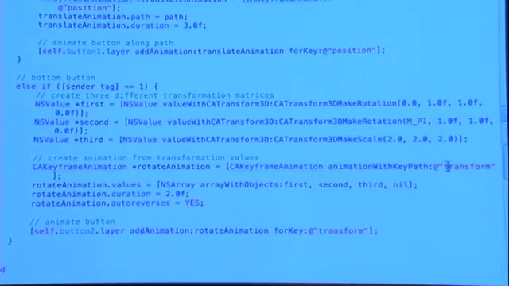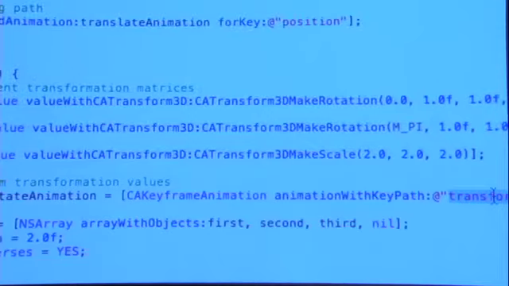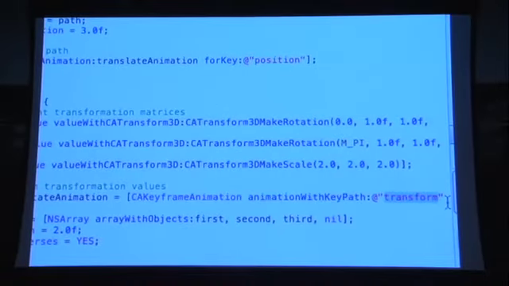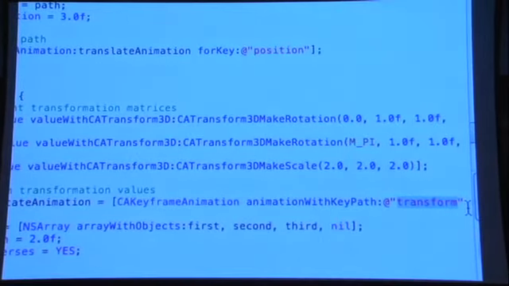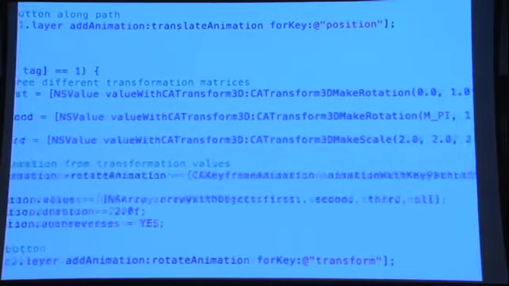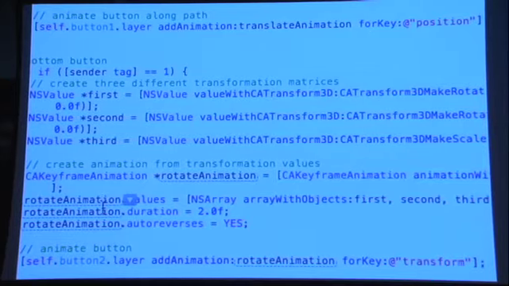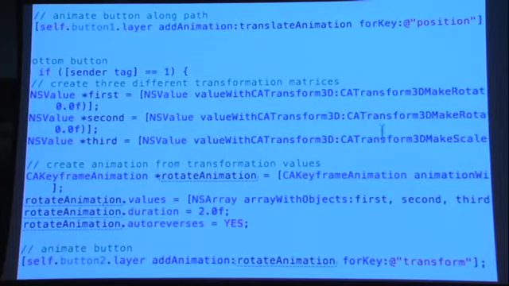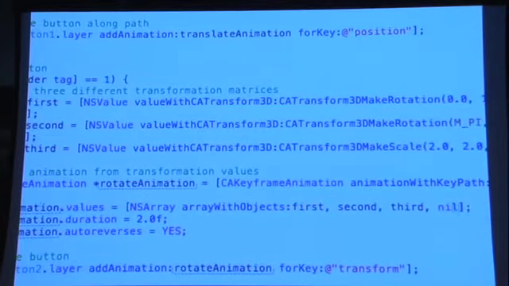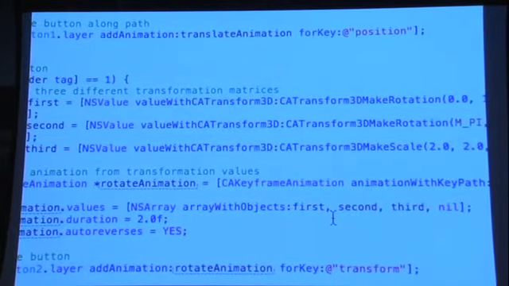So again, I'm going to first create a new keyframe animation. And rather than animating the position this time, I'm now using this property called transform, which I just looked at that list of properties and figured out that's what I needed to use if I wanted to change the shape. And so now, rather than specifying a path, I'm going to specify a series of values that I want to use as animation values. So again, these are defined in terms of transformation matrices. And so this says that by supplying these three matrices, they're going to be applied in the order that they